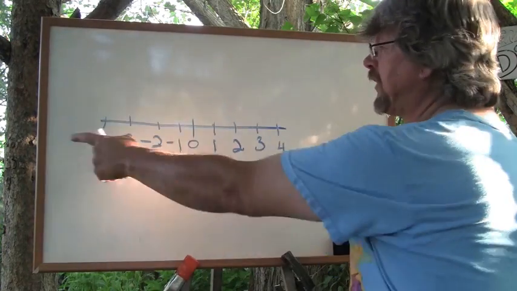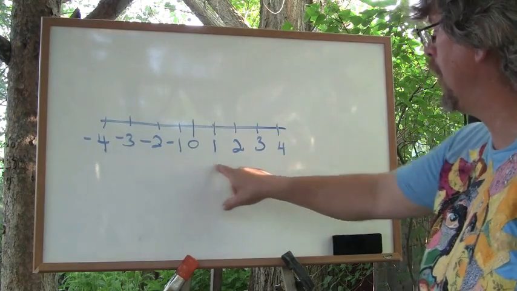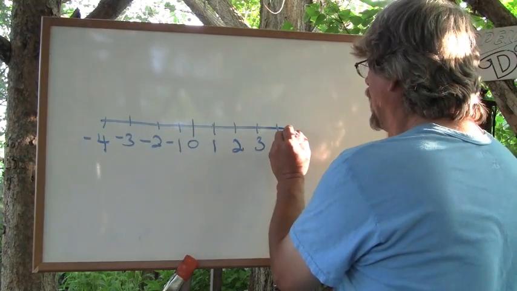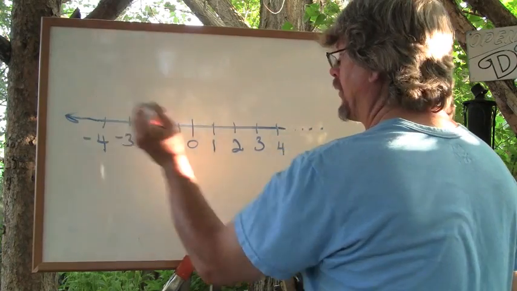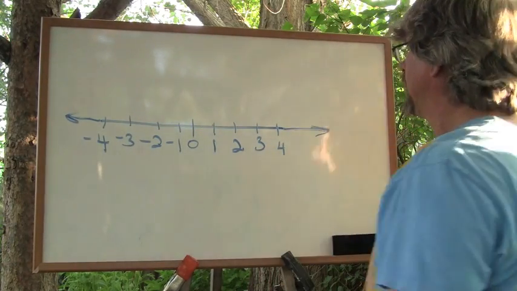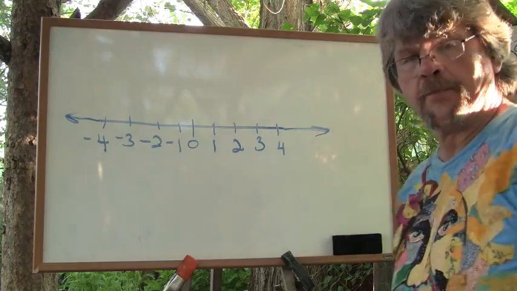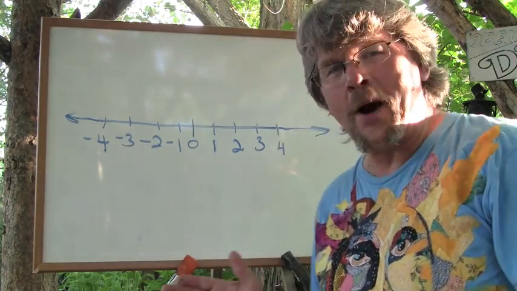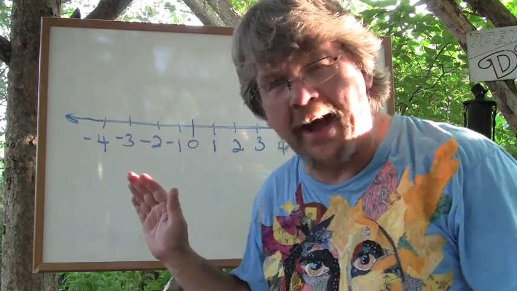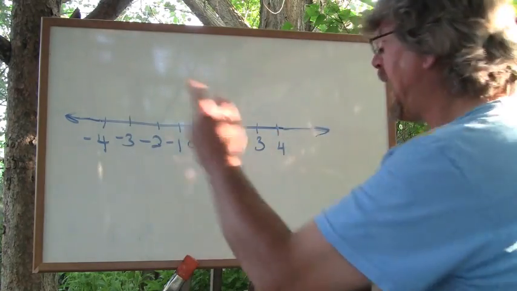We just have a bunch of ticks on a line. We start at 0, and the number line goes out forever. Absolutely forever. They usually put arrows, not dots. The genius of the Cartesian coordinate system is we now add a perpendicular axis to the x-axis, and